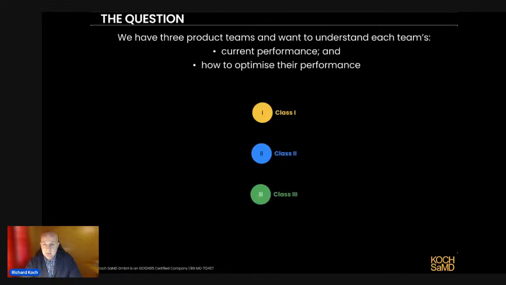So to frame how AIML could be useful, I'll take a very simple business example. Let's say we've got an imaginary company and we have 3 product teams. We have a team producing class 1 products, a team for class 2 products, and a team for class 3 products. And as a QARA head, or maybe the board comes and asks you a question: how are these teams performing? And what do we have to do to optimize the team? Pretty valid questions, and ones that we probably will get asked.